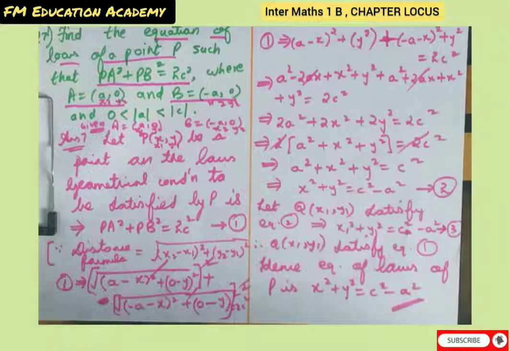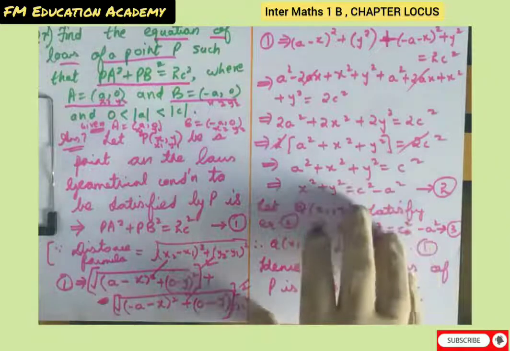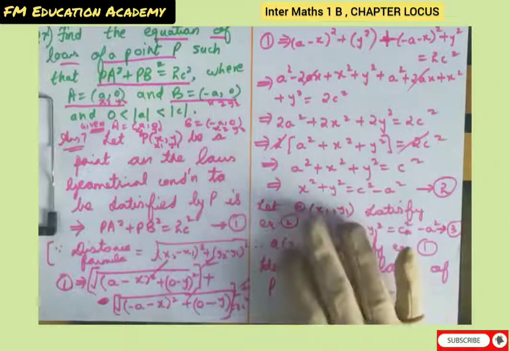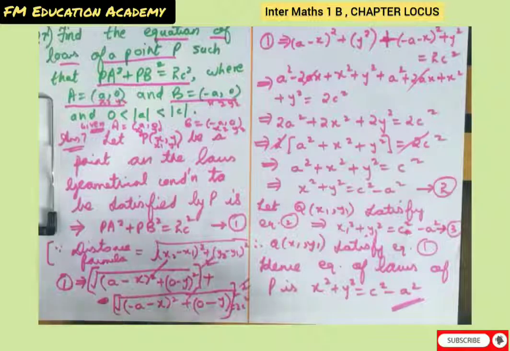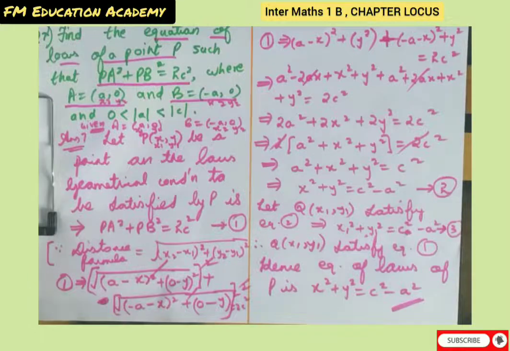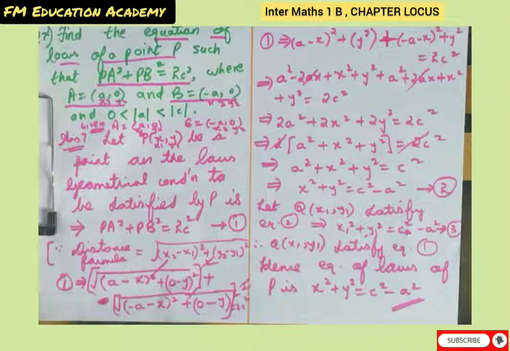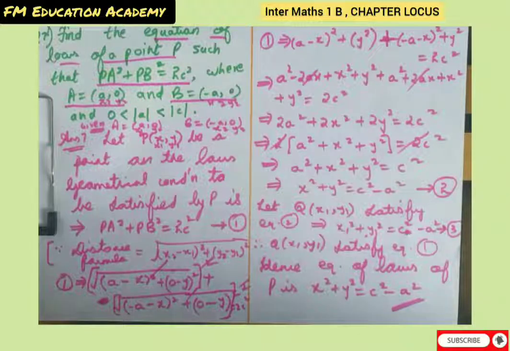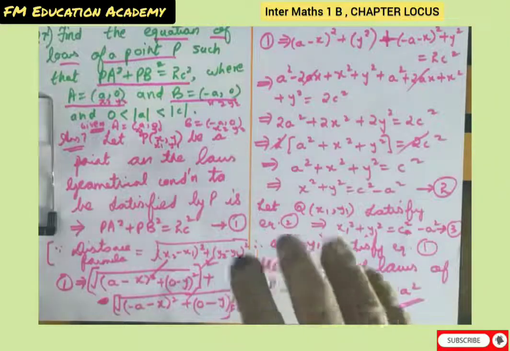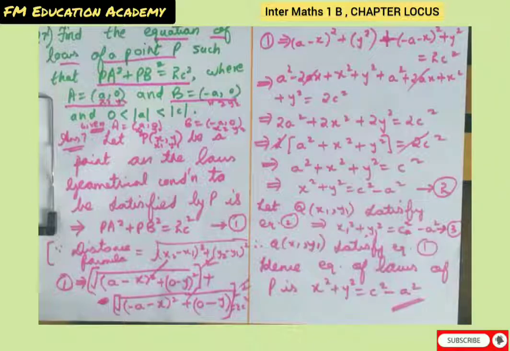I hope you have understood all these sums. So as I promised in the video at the beginning, that I'll say you something important. See why we are doing verification. Q x1 y1 I did in all sums except this sum, because it is given in the examples in the textbook. I have seen many times many students in students books that they don't do verification, or even in other books verification is not done, but we all have to always follow the textbook. In textbook verification is done and they are taking the point q x1 y1 and they are verifying. So that is the reason why I am also taking q x1 y1 and verifying. So you also follow that.